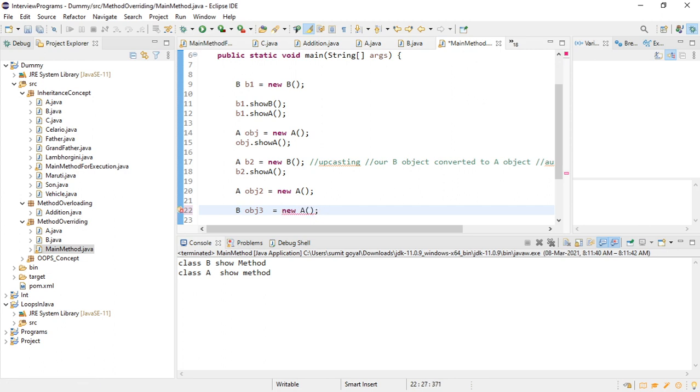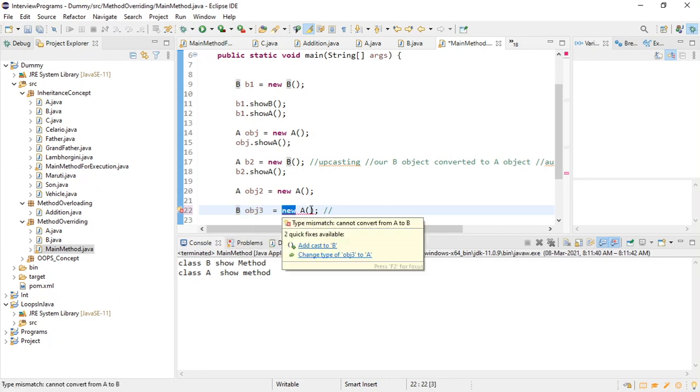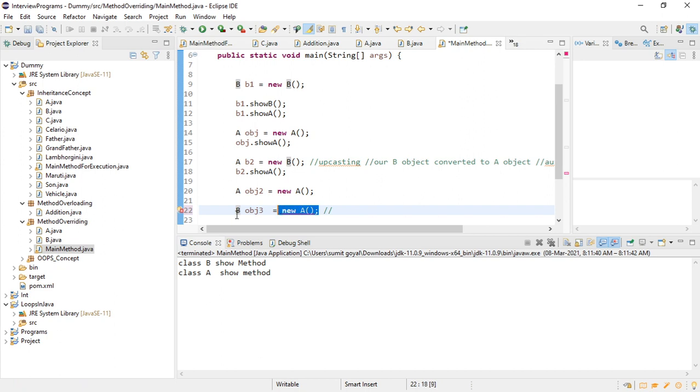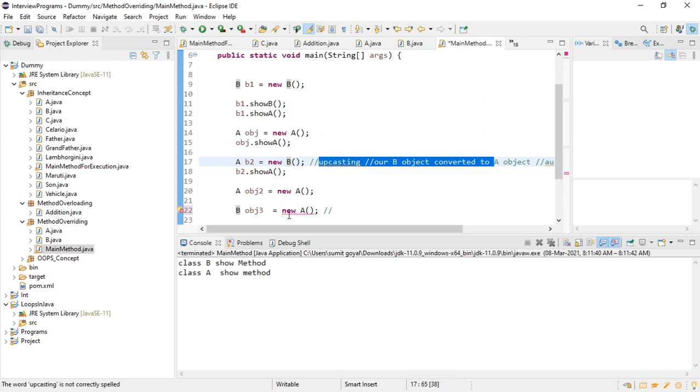a, right? So basically here we have done converting our child class object to parent class, because a is the parent class. And here I have declared the variable of type b, a reference variable of type class b, which is the child class, and this is our parent class. So here I am trying to convert my parent class object to child class object, but in Java this is not going to be done automatically, which means you cannot perform downcasting automatically.